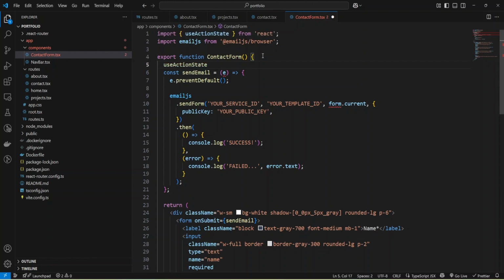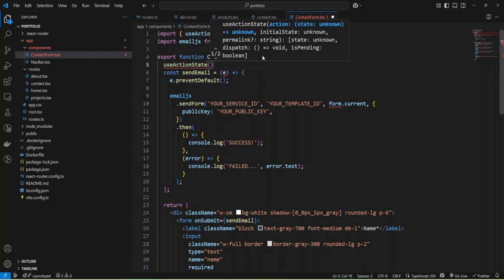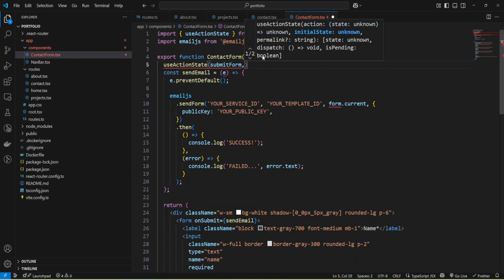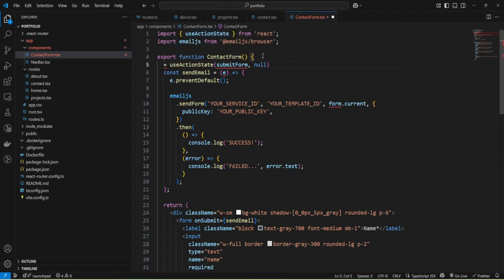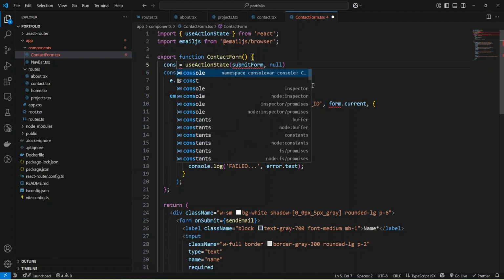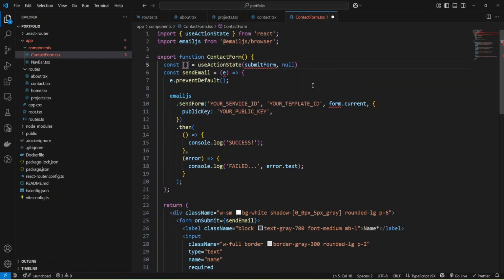Let me add use action state hook and as you can see we need to provide some action and let it be submit form and I'll implement this function later and as initial state will be null, and use action state hook returns some state and I'll save these values into variables and we'll use state and also I can add handle submit action and also will use is pending.